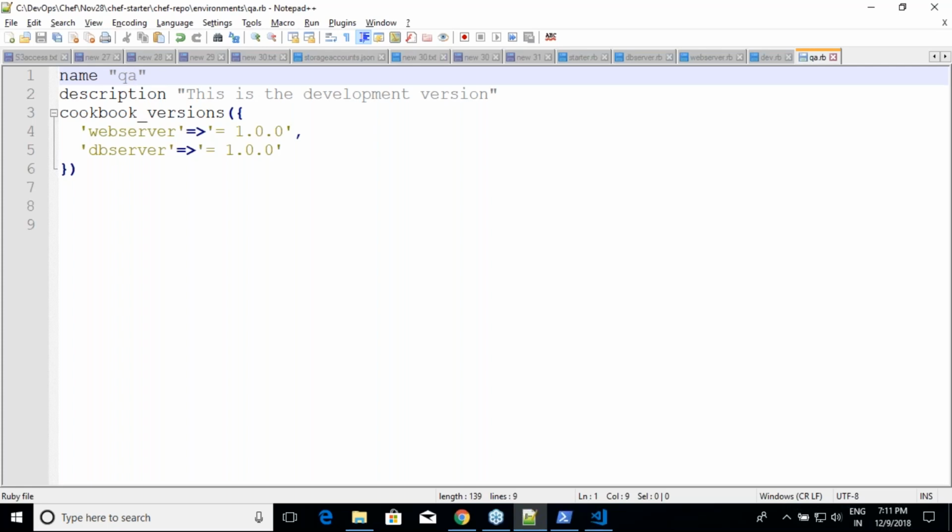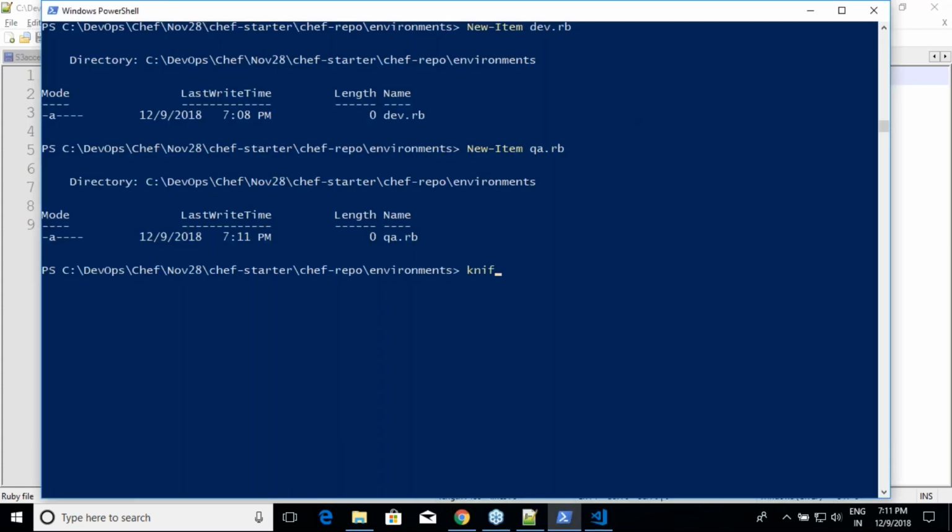For uploading the role, what was my command? Knife role from file. Here I will be using a command which is knife environment from file. That's it. If you want, you can Google knife environment hyphen help and you will find the command line. So knife environment from file. My first environment is dev.rb.